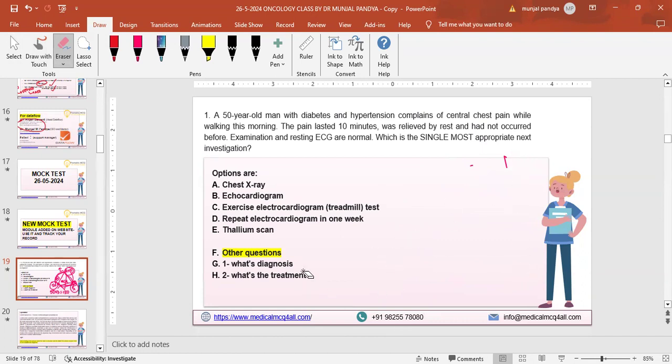So now let's review the answers. A lot of people have given answers, so let's see who has given the answer. Yes, Dr. Iram. Now we'll discuss these questions. First of all, tell me, doctor, what is the diagnosis of this patient, or the tentative diagnosis? Don't worry about right or wrong. If you interact, you will never forget these things. Yes, go ahead.